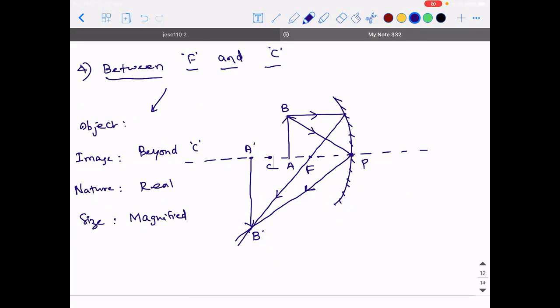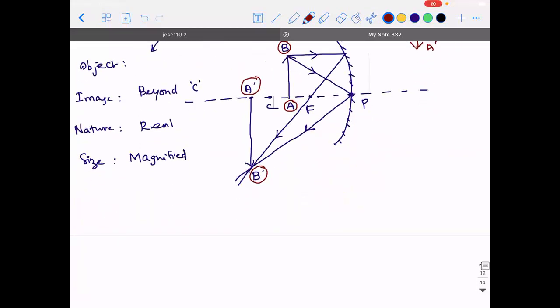One important point I wanted to stress is a common mistake people make. If you take A on the principal axis and B at the tip of the arrow mark, then A dash should be taken on the axis and B dash at the tip of the arrow mark. Most people write this as B dash and A dash. That is wrong. So please be careful in the way I'm writing, because if you look at the textbook, they have taken it in the reverse order. You should not get confused, so please make a clear note of that point. If you're clear with this, I'll move on to the next thing.